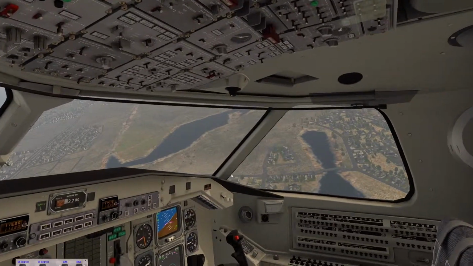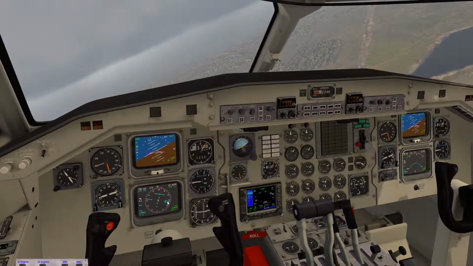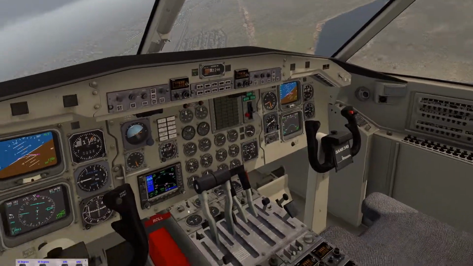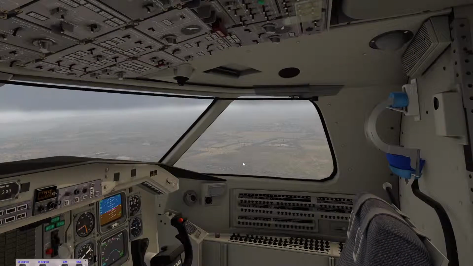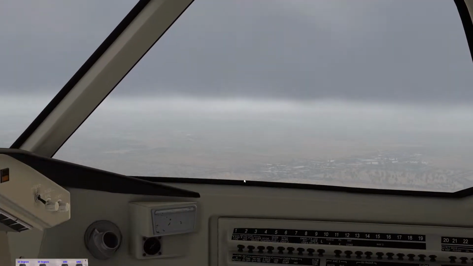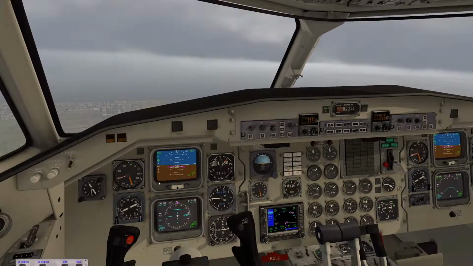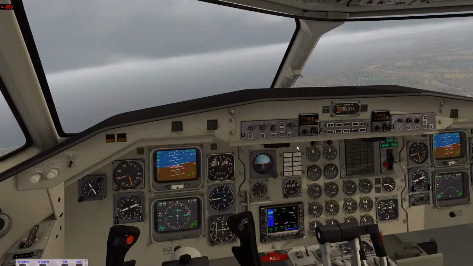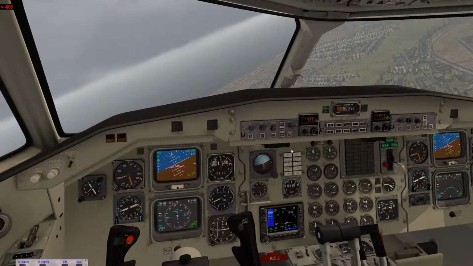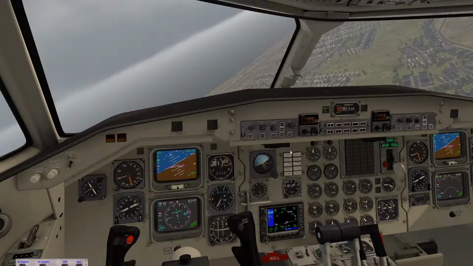So we're rolling out now. I need to try and visually ascertain when the correct time is to turn. We do have a bit of situational awareness from the CDI, but the NDB isn't co-located with the runway, so it's only going to help us a little bit. I reckon about here, so I'm going to go vertical speed, 600 feet per minute, and we're below 1, yeah,